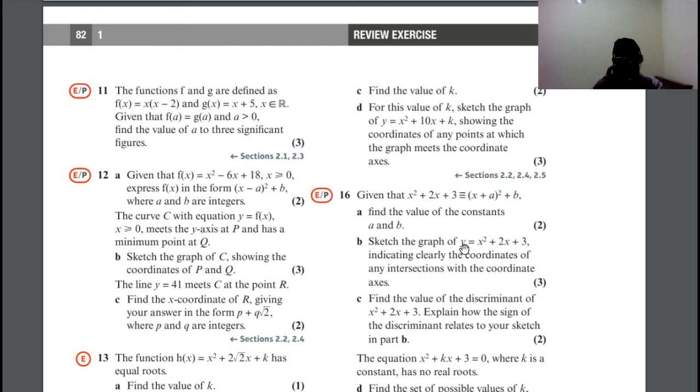Question 12. Given that f of x is equal to x squared minus 6x plus something, x is greater than or equal to 0. Express f of x in the form given, where the graph meets the y-axis, sketch the graph of c showing the details. I mentally did the graph also. The y is